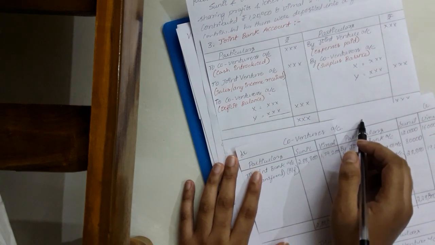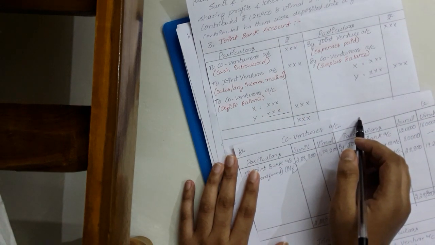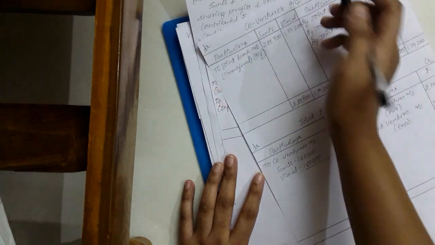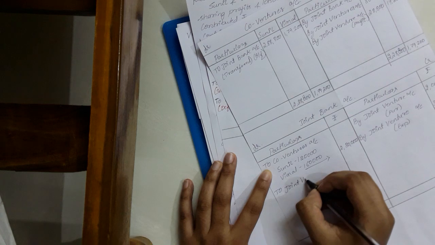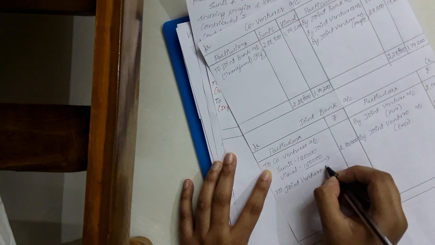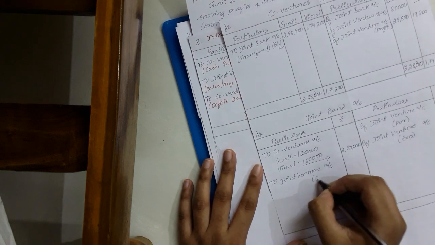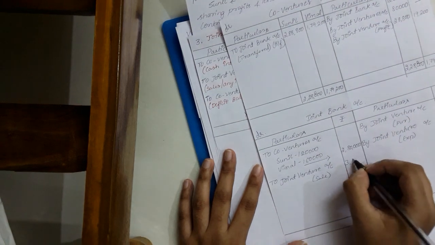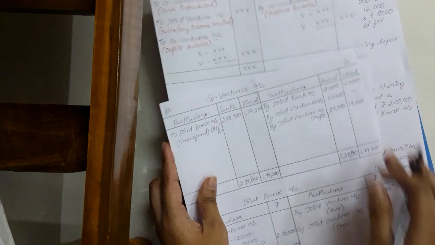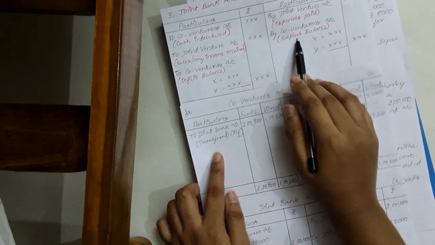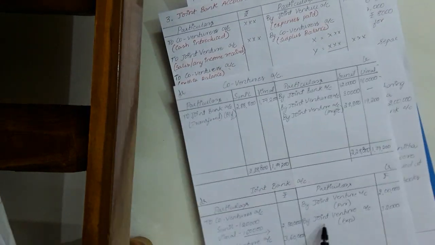So sales have been made over here, right? Sales have been made here, so that needs to be entered to the joint venture account. What is the sale value? That is 3,60,000. So next, coming on to the surplus we left. So what is this surplus? Means the profit which they made.